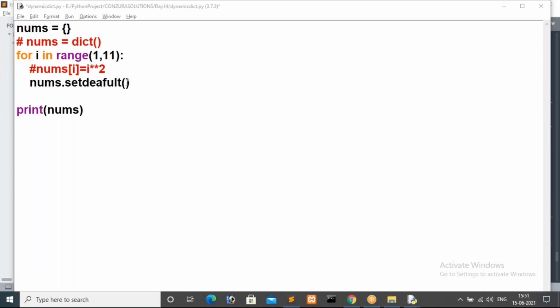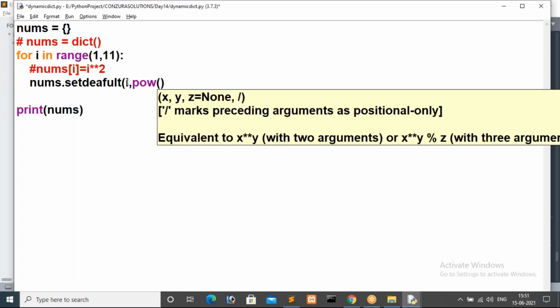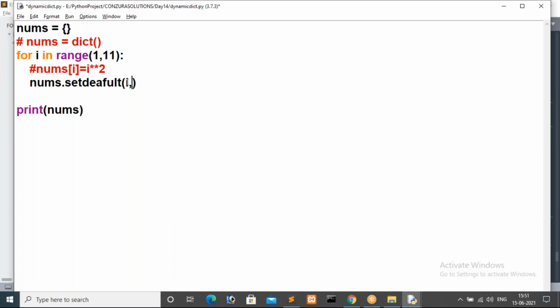Okay, now for this setdefault method I want to make a key, that is power of i comma 2, sorry, power of i comma 2. Or else, for your confusion, I'm removing this. i star 2 you can keep. Instead of using it like this, you have to pass i comma i star 2. i is the base value. I mean, actually here i is the key. i double star 2 is the value for that key. So you just save it.